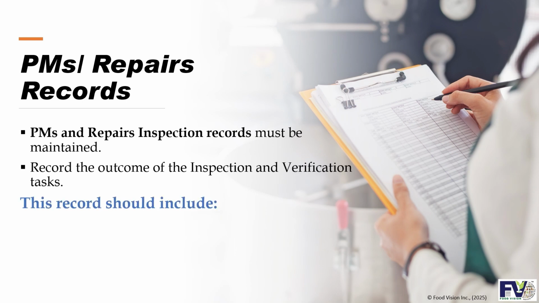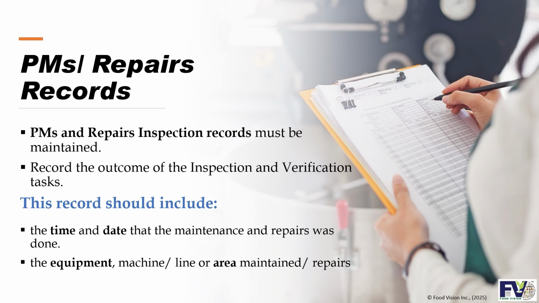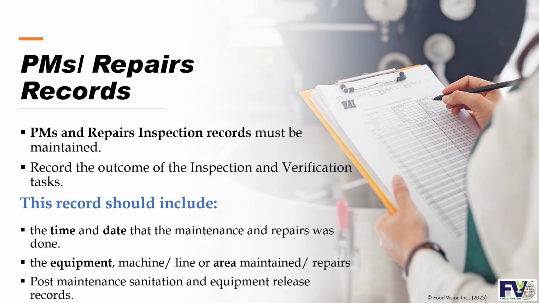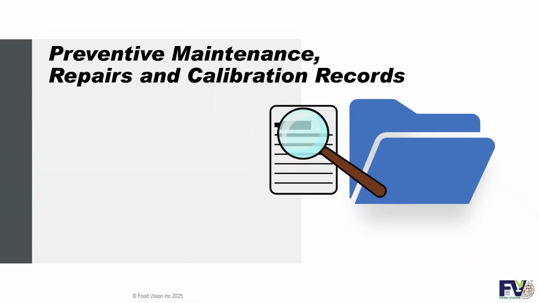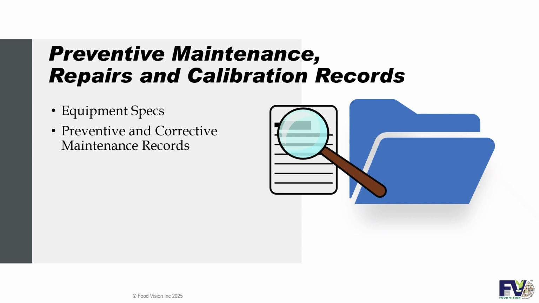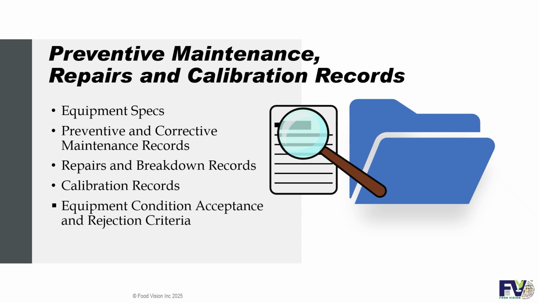This record should include the time and date that the maintenance and repairs were done, the equipment, machine, line, or area maintained or repaired, post-maintenance sanitation and equipment release records, preventive maintenance, repairs, and calibration records, equipment specifications, preventive and corrective maintenance records, repairs and breakdown records, calibration records, equipment condition acceptance and rejection criteria, maintenance checklist,